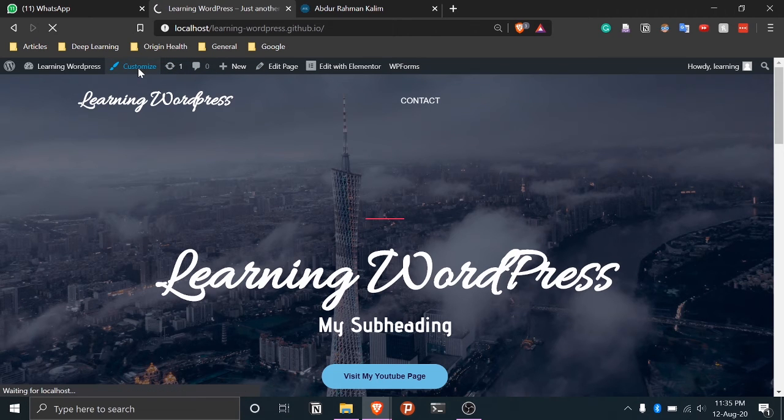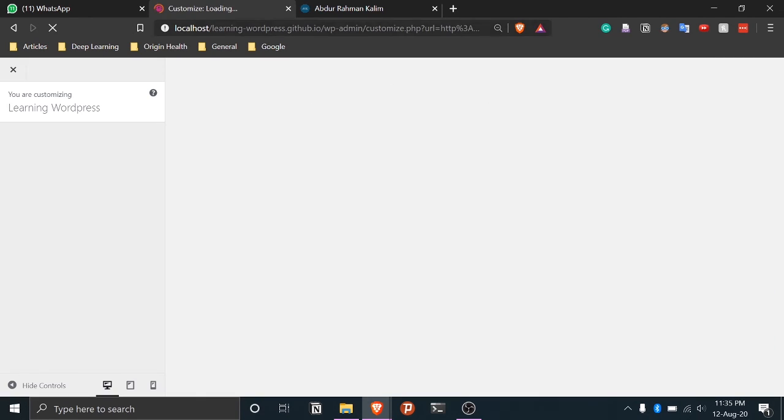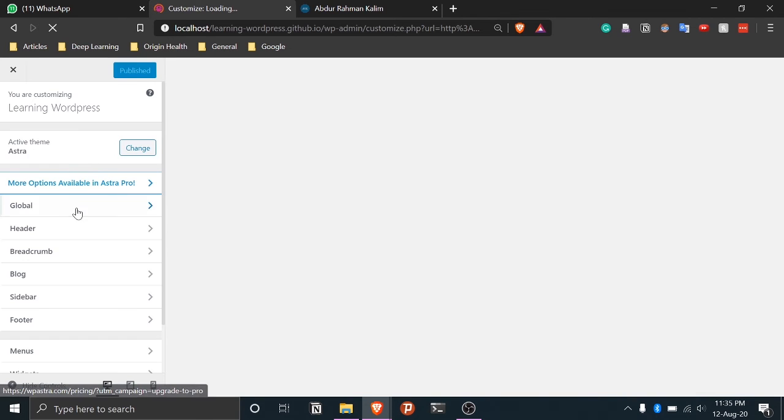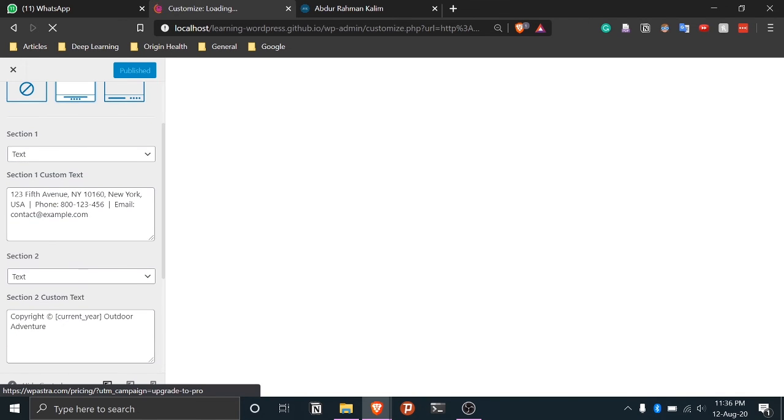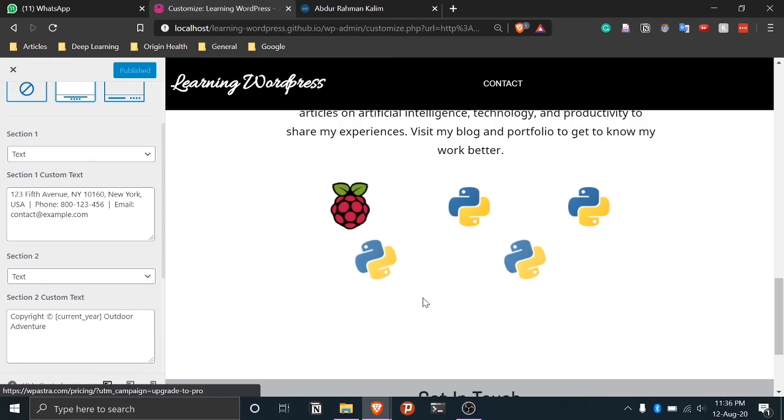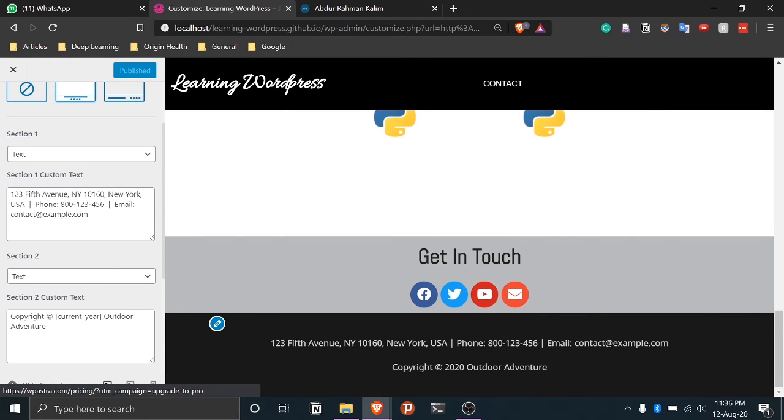Okay, so we will not go to edit with Elementor, we'll instead go to customize. Here we will go to footer bar, and then here you can see there's so much text, so we'll remove all the unnecessary stuff and keep only what we need.